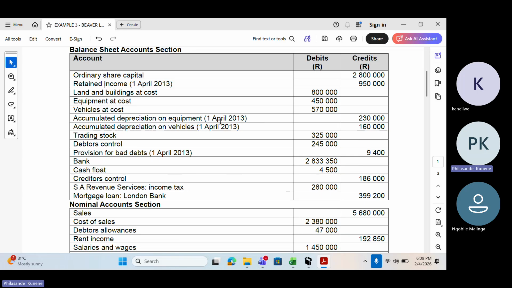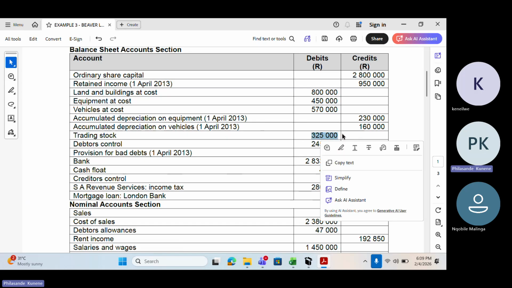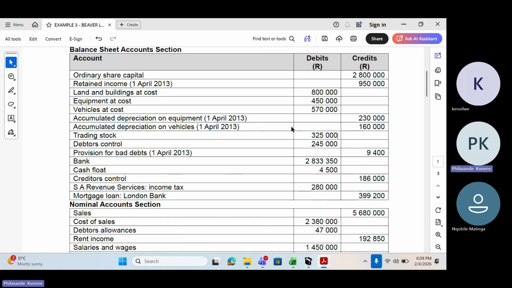Vehicles at cost, 570,000 rands. Accumulated depreciation 1 March 2013, which means this is accumulated depreciation at the beginning. Accumulated depreciation on vehicles at the beginning, 160,000. Trading stock, 325,000 rands. You remember that when we're dealing with trading stock, sometimes they tell us that there was